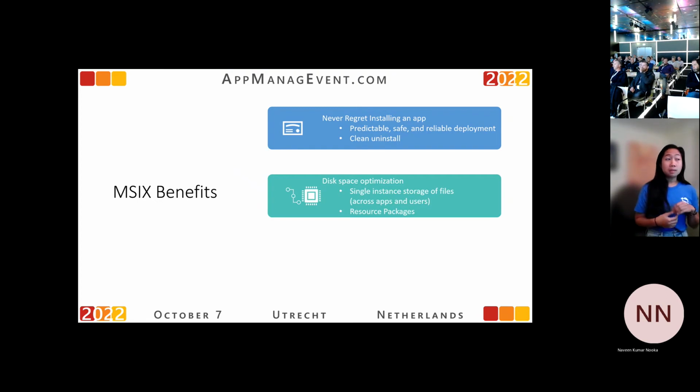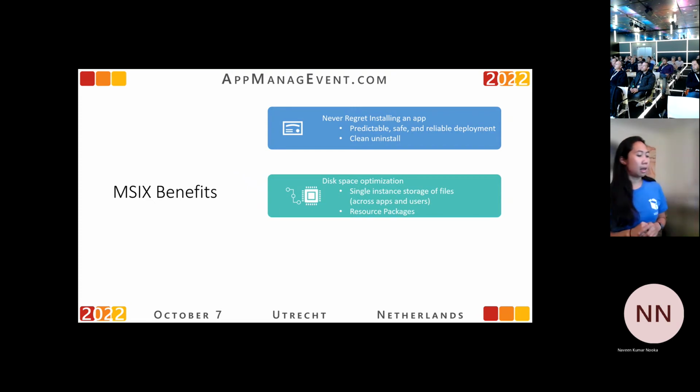We also say that it is a disk space optimization technology. This means that it is a per-user based install. Let's say you have 2 users on your device, and user 1 wants to install the application; we'll only install it for that user. But no fear, if user 2 also wants to install that same application, we won't duplicate the bits, because we know what has already been installed, so we'll just make sure that the second user has the appropriate files such that it can run successfully.